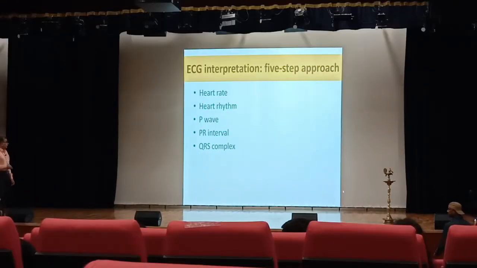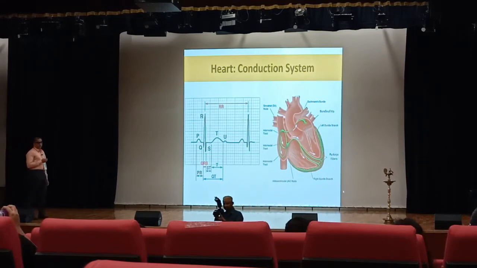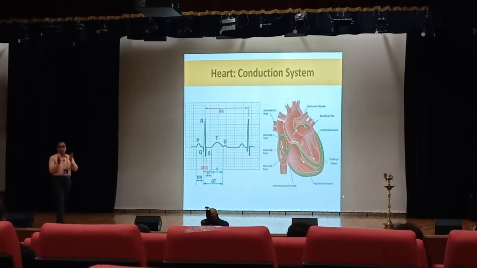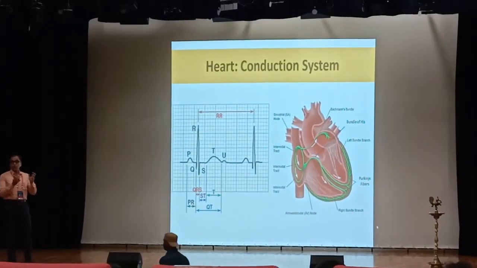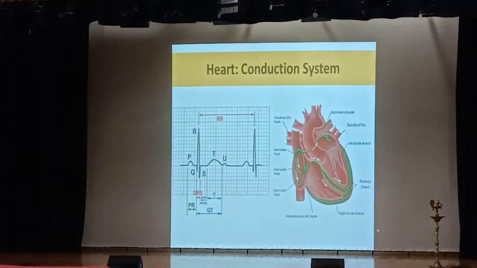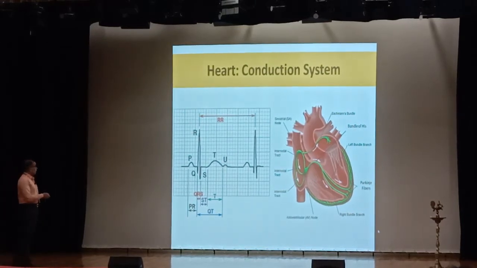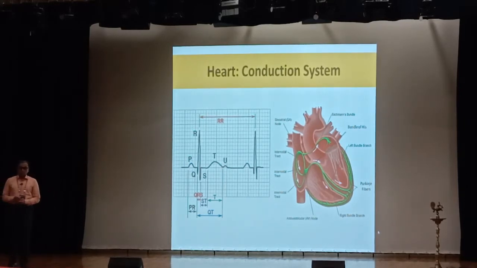To identify correctly, we are well aware of the conduction system of the heart. And when we talk about the conduction, we always divide the heart into two sections, not the four chambers, as we talk that there are two atria and two ventricles. So of the four chambers, we talk of two, atrial and ventricular. And we know that all electrical activity of the heart starts from the SA node, which is there